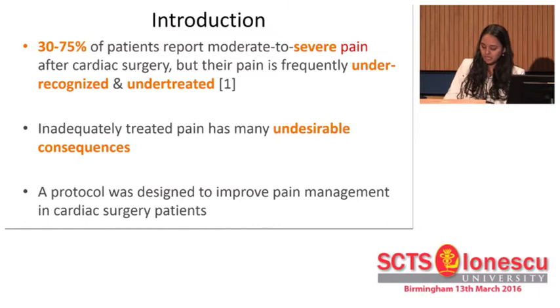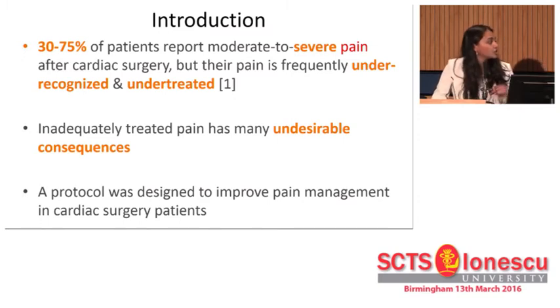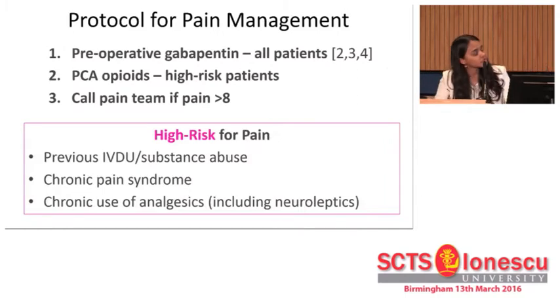Protocols designed to improve pain management in cardiac surgery involve individualized, stepwise, multidisciplinary approaches using optimized analgesic regimens. These have been found to be effective in improving pain management in 2 previous single-center studies. And using this, a protocol was designed by the anaesthetists at King's College Hospital to improve analgesic control in post-cardiac surgery patients. Their main recommendations for this was a preoperative dose of gabapentin in all patients, 600 milligrams, and dividing